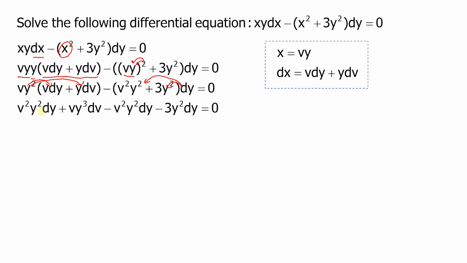So, you have v squared y squared dy plus vy cubed dv minus v squared y squared dy minus 3y squared dy equal to 0. And as you can see, class, we have y squared, y cubed, y squared, y squared. So we can simplify it. We remove the y squared. What remains is v squared dy plus vy dv minus v squared dy minus 3 dy